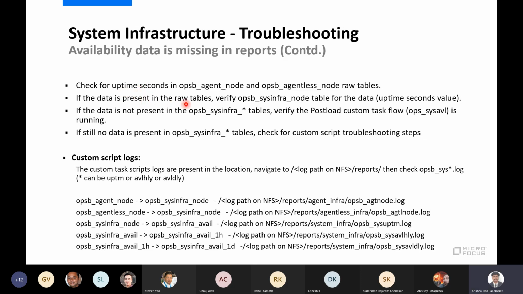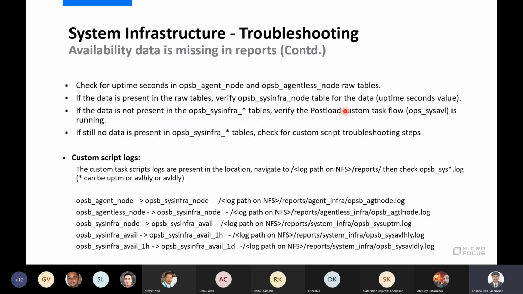If the data is present in my source raw tables, we will see in the common table whether the uptime seconds value is computed and put here or not. If the data itself is not present in common tables, then we will verify.